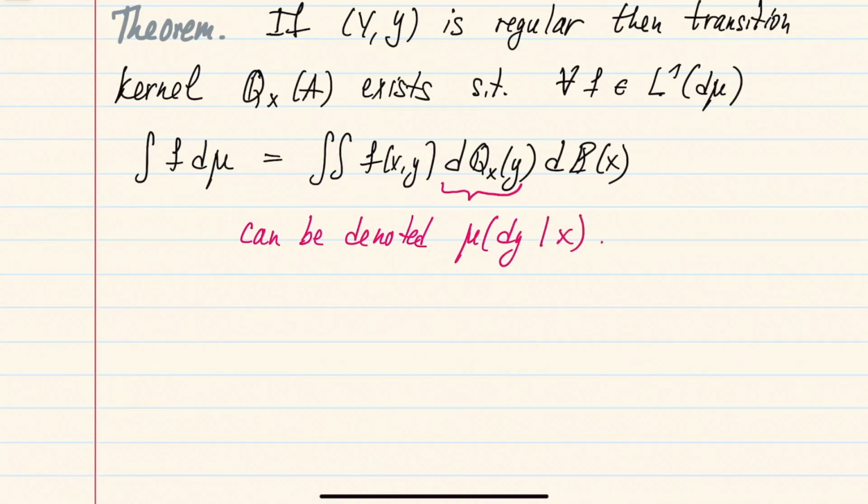And when we state this more general abstract form of this theorem, we will also give a statement about the uniqueness of this transition kernel, or regular conditional probability. But before we get to that main result and its proof, let's give one example of how this theorem can be used, and this is the so-called disintegration theorem.